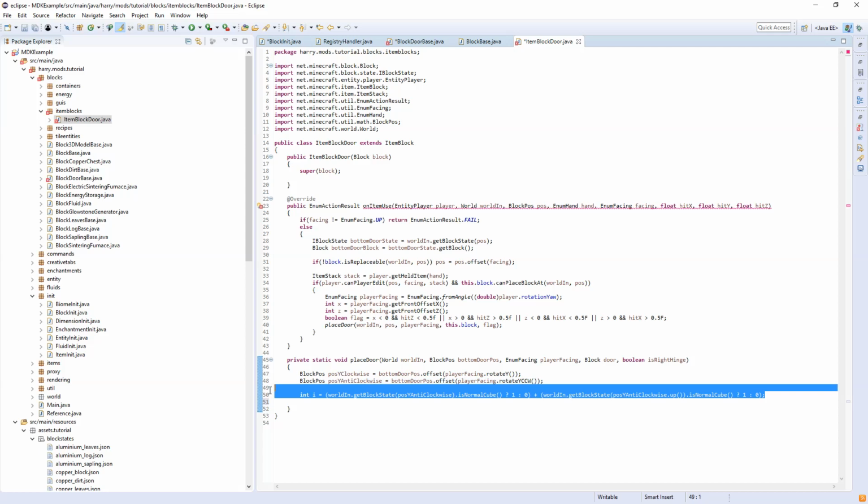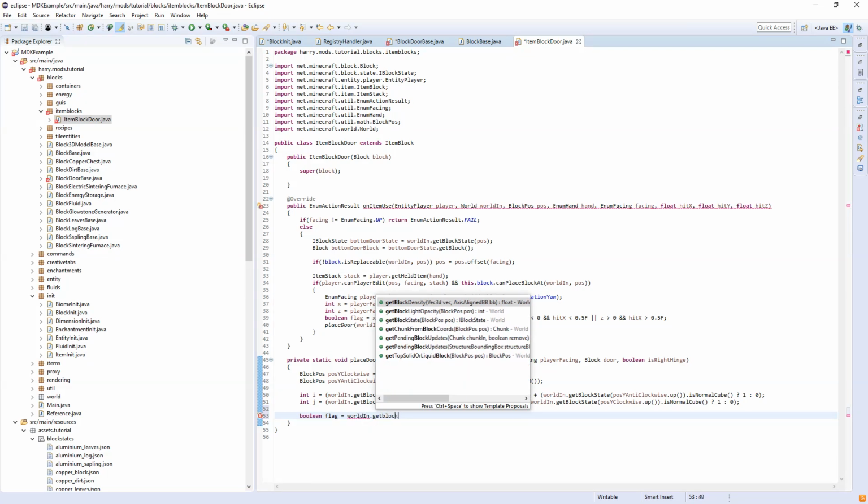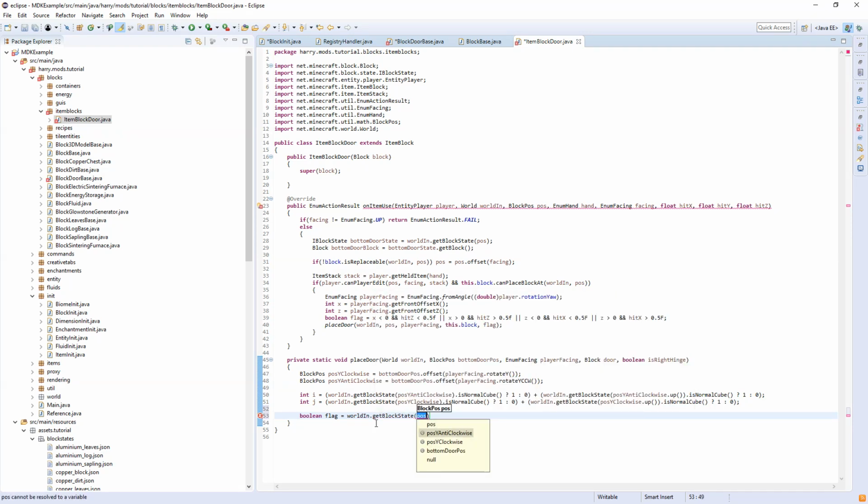Then int j is basically going to be the exact same thing, except it's going to be clockwise. So it's working out the best way to open the door. And then finally, we're going to create two more flags. Boolean flag equals world in dot get block state pos y anti-clockwise dot get block is equal to door, or the same thing but up is equal to door, and then flag 1 is going to be the same